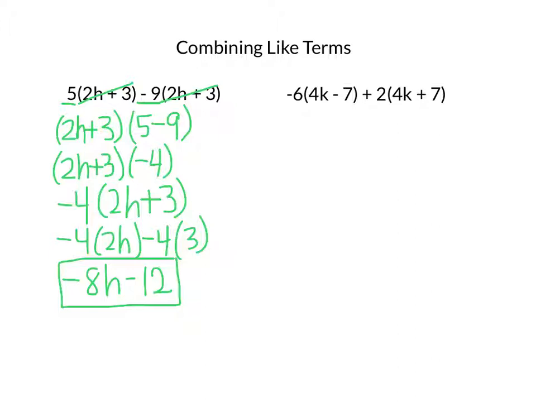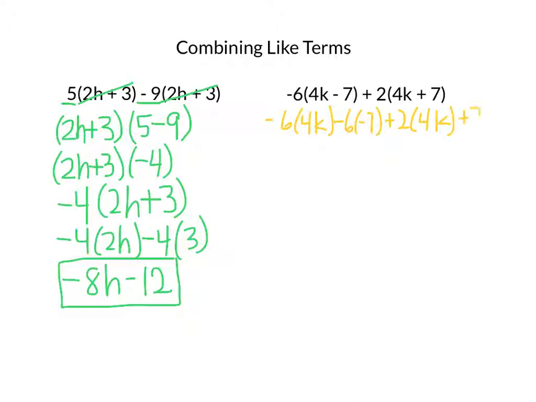So finally, the negative 6 times the difference of 4k and 7 plus 2 times the sum of 4k and 7. We may be tempted to think that those are like terms and that we could factor them out, but they are not. This minus and this plus make them different. They're slightly different, but they're significantly different, so they do not count as like terms. In this case, we would simply have to distribute. So negative 6 times 4k minus 6 times negative 7 plus 2 times 4k